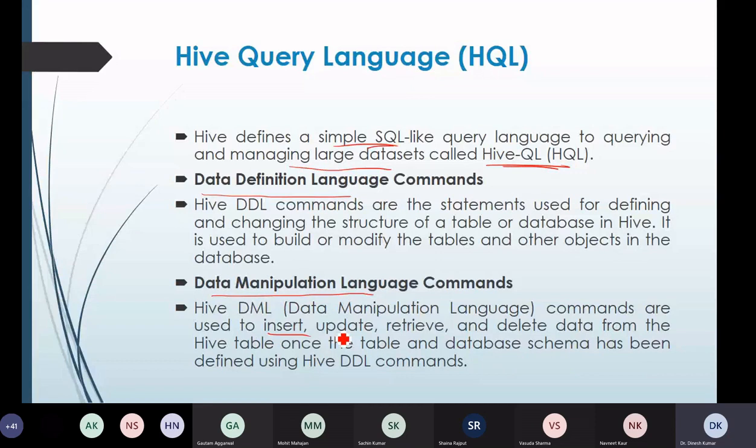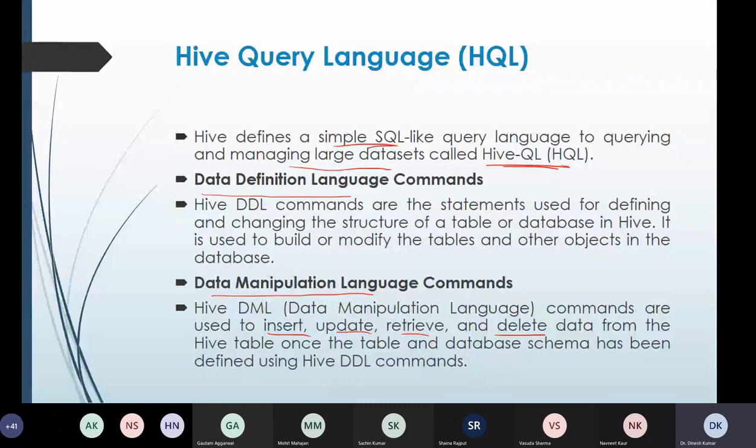Once we have created those tables by using DDL commands, we can further insert or update the data in the tables by using the data manipulation language. This is clear to everyone, because in SQL also we have discussed these two terminologies.